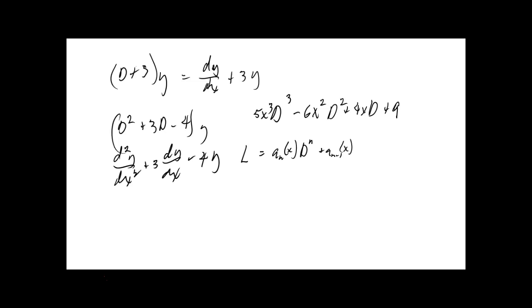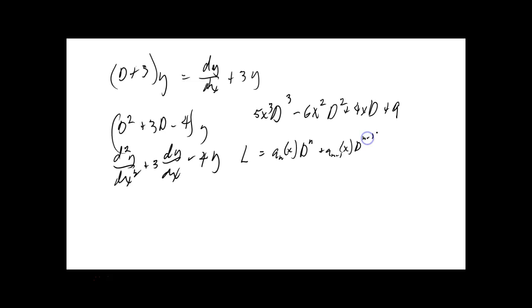There are no y's in those x's, just like there are no x's in the a's when you do a sub n x to the n. That's just a number. Now you're doing a sub n of x times d by dx of y. That only contains the y's there, but you don't have any x's mixed in with the y's there. Okay. So anyway,